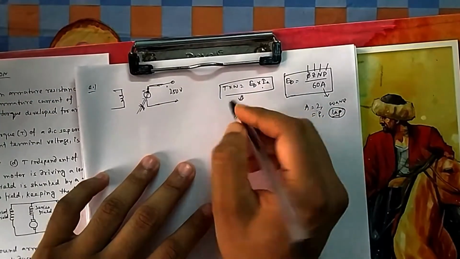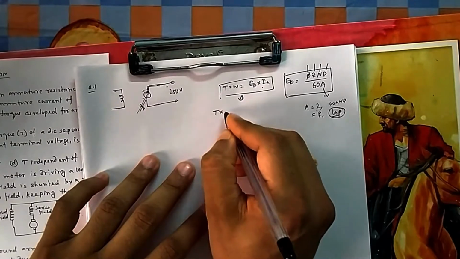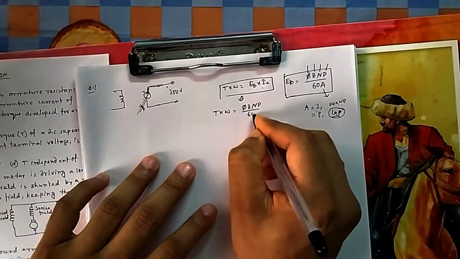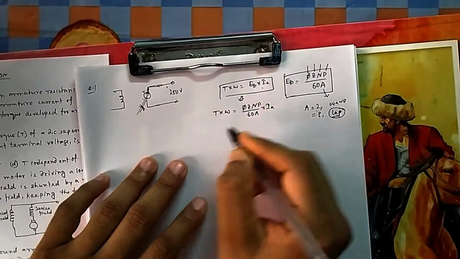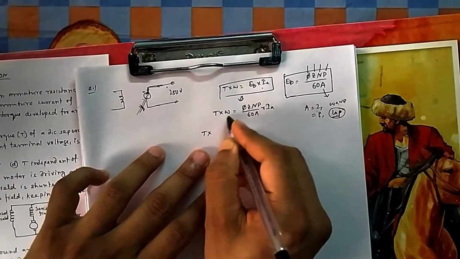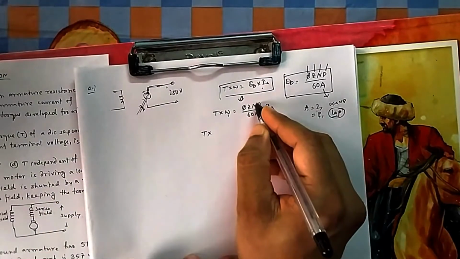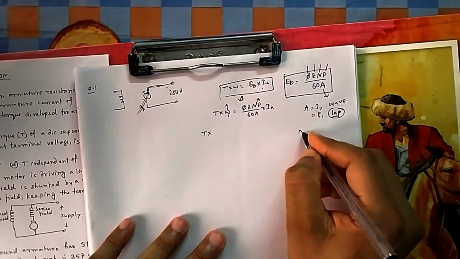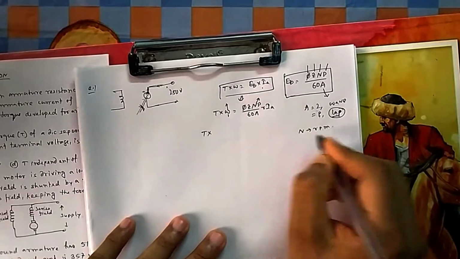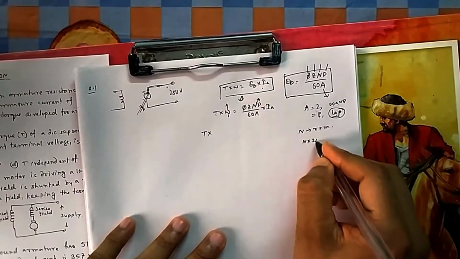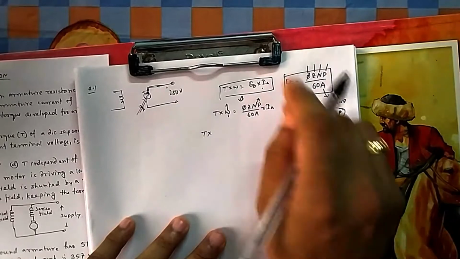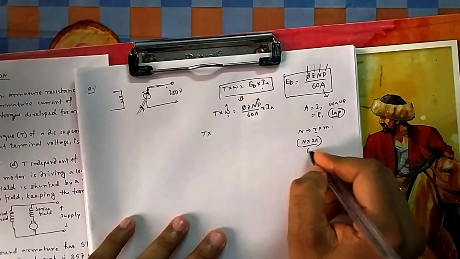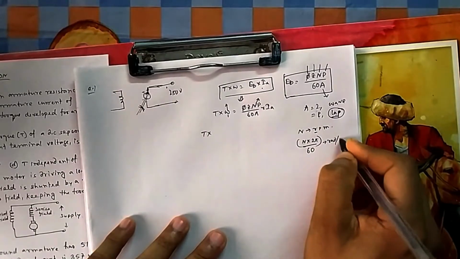So from that, another formula can be created, that is torque into omega is equal to, in place of EB you write phi Z N P by 60A and then IA. So if you change this omega, this is also speed, this is in radian per second, this is in RPM. So you need to change any one. Suppose N is in RPM, if I want to change it to radian per second, then N into 2 pi, one revolution is 2 pi radian. If you go a complete revolution, that is 360 degree, that is per minute. If you want to go to per second, it becomes radian per second.